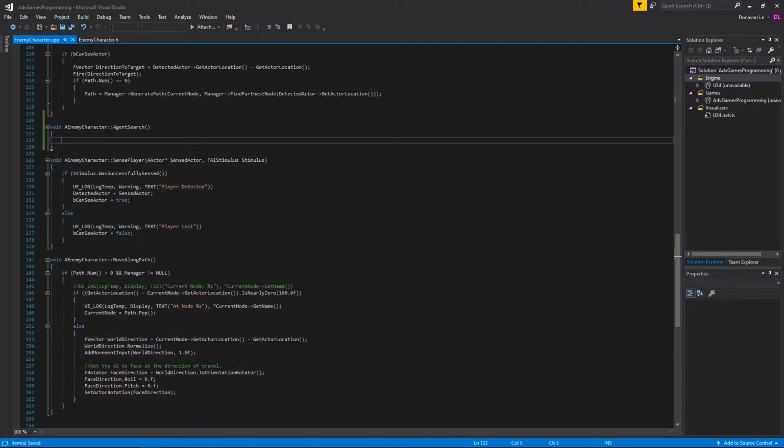We're going to be changing this function so that the enemy can now either sense the actor, which is the player, through sight or hearing. To do that, we're going to be adding 2 if loops to compare the name of the stimulus to the type of sense. The first type of sense is default underscore AI sense underscore sight, which is if the enemy can see the player. The second type is default underscore AI sense underscore hearing, which is if the enemy can